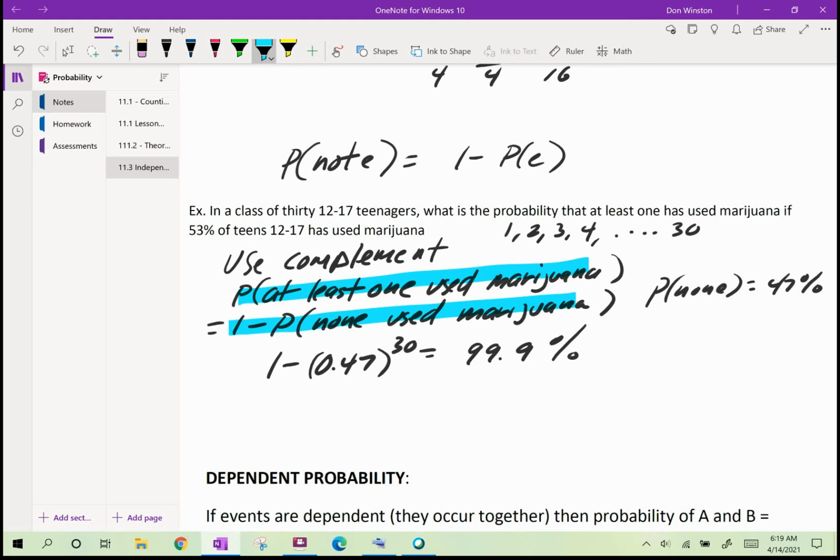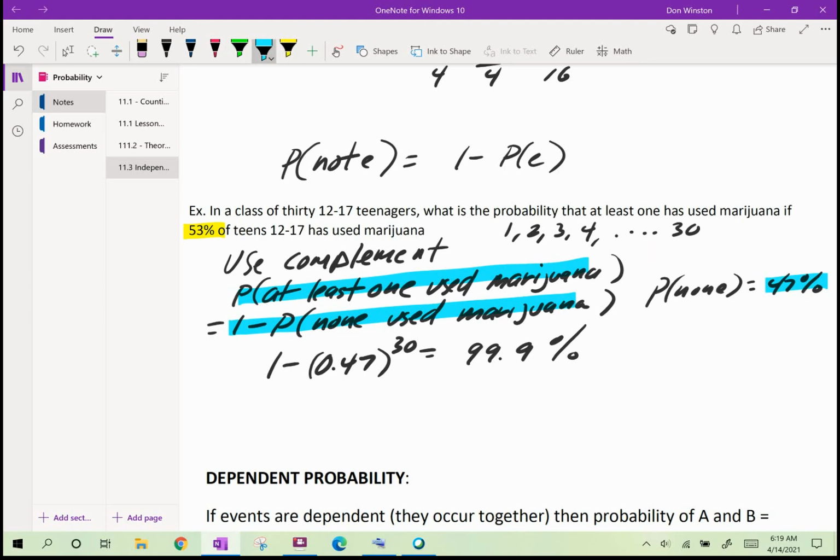Well, the probability that a teenager has not used marijuana is 47% if 53% of all teenagers reported using marijuana. So then 1 minus the probability that none use marijuana is 1 minus 0.47 raised to the 30th, because